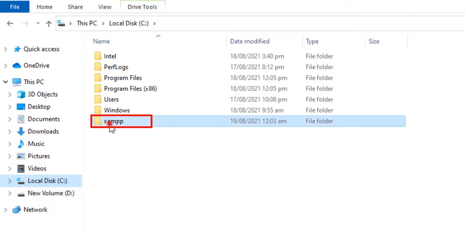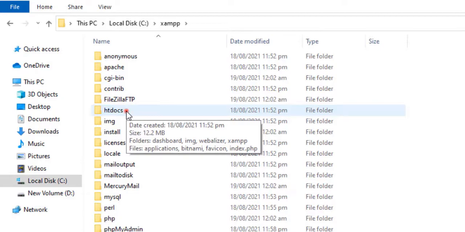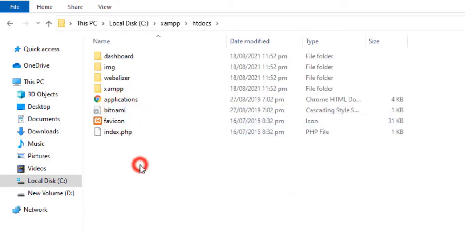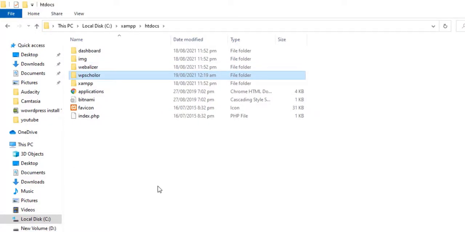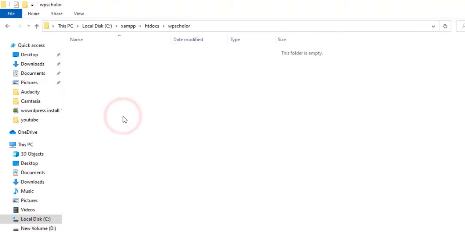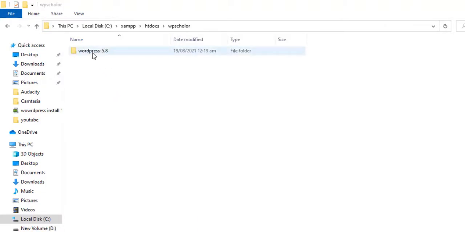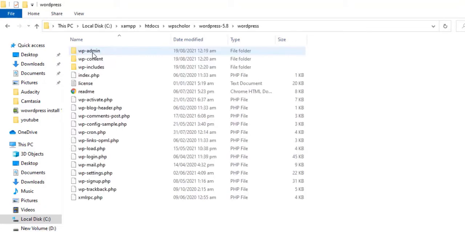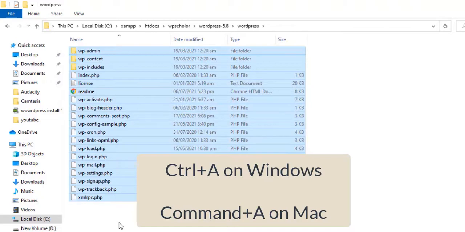Now open this folder. Now search for the htdocs folder and double click to open it. Here you need to create a new folder with any name you want. Now open this folder and paste that file here. Now open this folder and press Ctrl A to select all the files and then press Ctrl C to copy